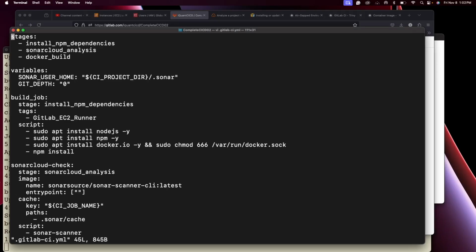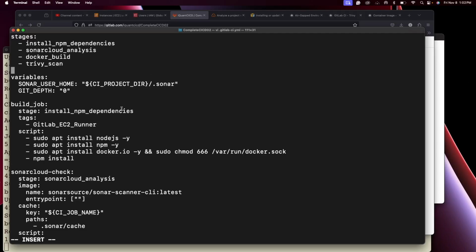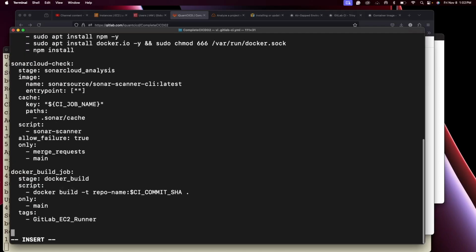At this point, we are going to use Trivy to scan our Docker image. So let's go to our pipeline script. This is our pipeline script. So I'm going to add a stage. This will be for Trivy scan. Then I will scroll down, but let's copy this before we forget so that we will add it to the scan job. Go down after your build and add